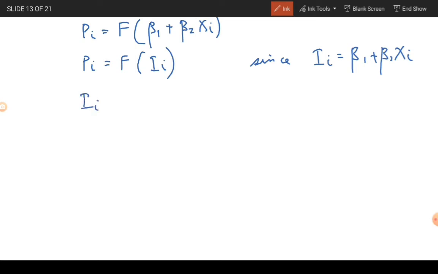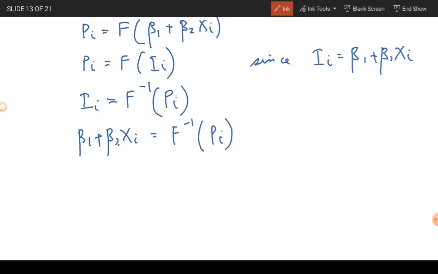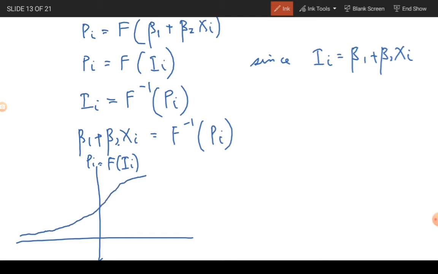So if I want to find Ii, all I need to do is find the inverse function of Pi. Therefore, my beta 1 plus beta 2 Xi is actually the functional inverse of the normal cumulative distribution function. So what all this means is, if I'm drawing my standard normal distribution where the probability Pi is, this is a cumulative distribution function, that's why I'm using capital F. So it's a function of Ii, and I hope you remember that the cumulative distribution function will always be like that,